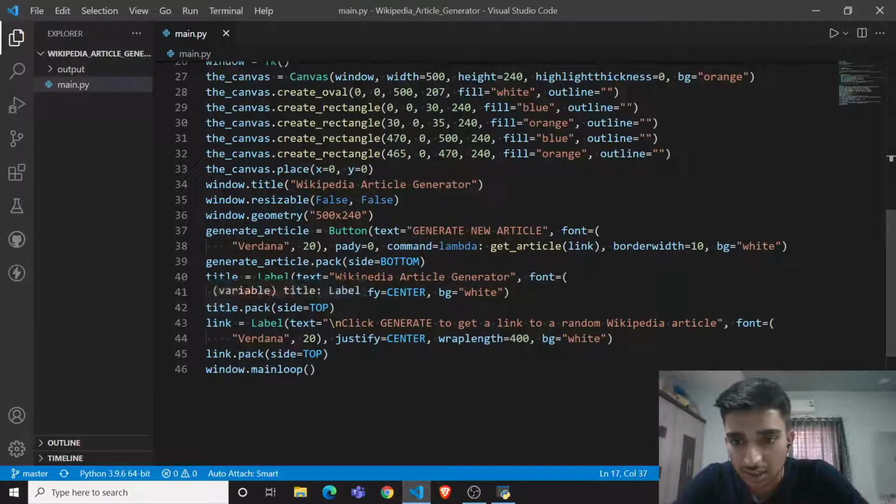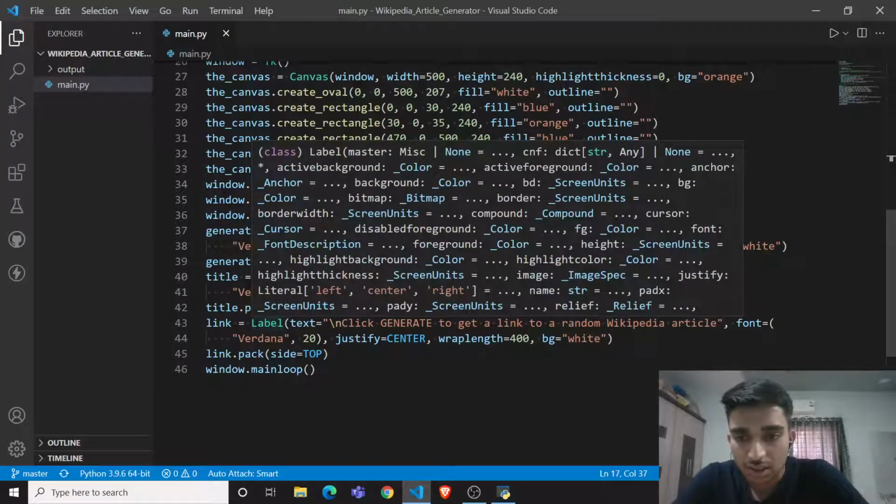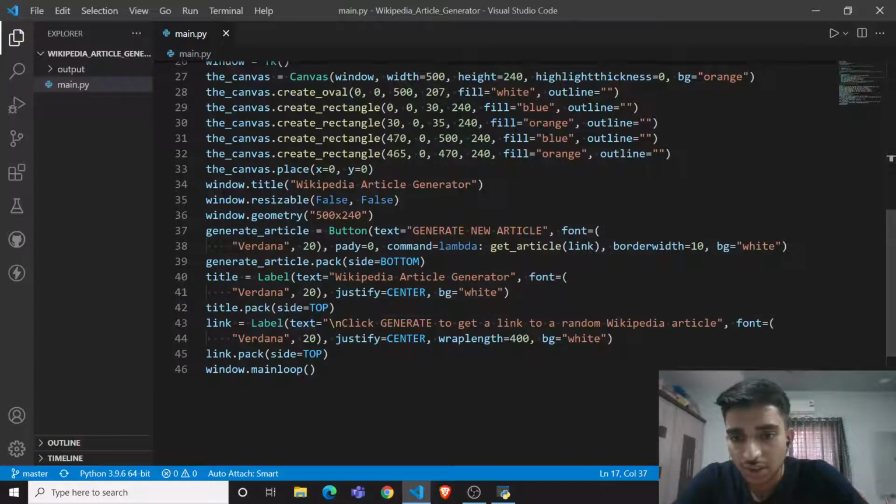Then I give side as top to the title, and by calling the label widget, I give the styles, store it in the link, and give side as top.